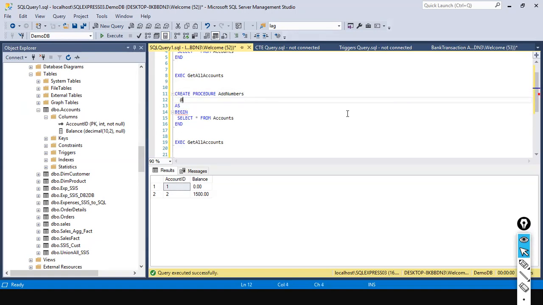Okay, I'm going to say @num1 instead of @a1. Let's give some meaningful name, @num1. And here I just say integer variable. And @num2, I'm going to say integer. And here what I do is,